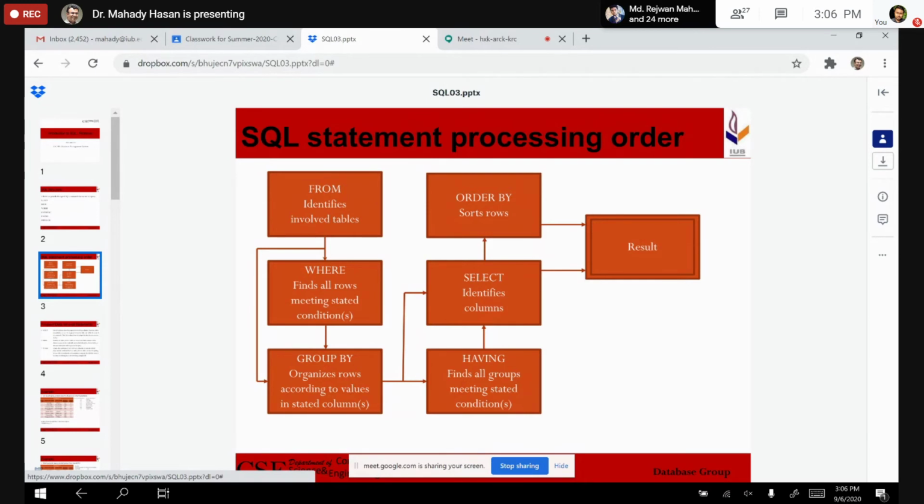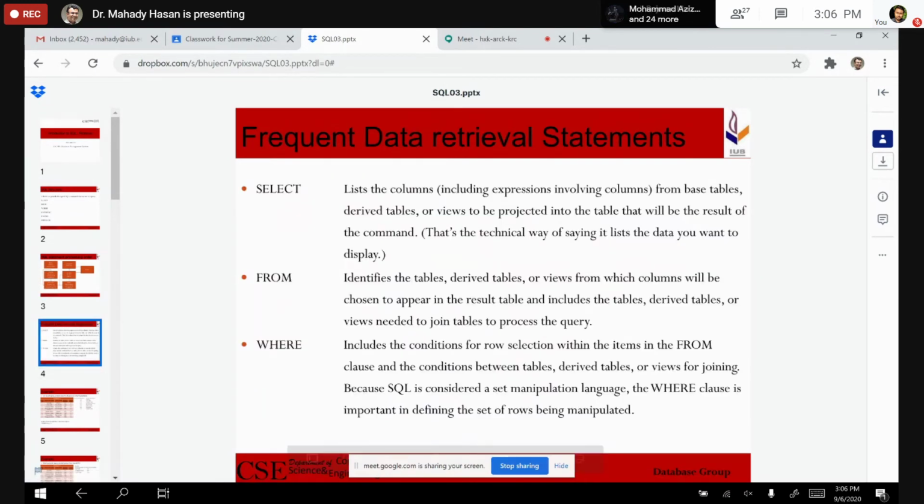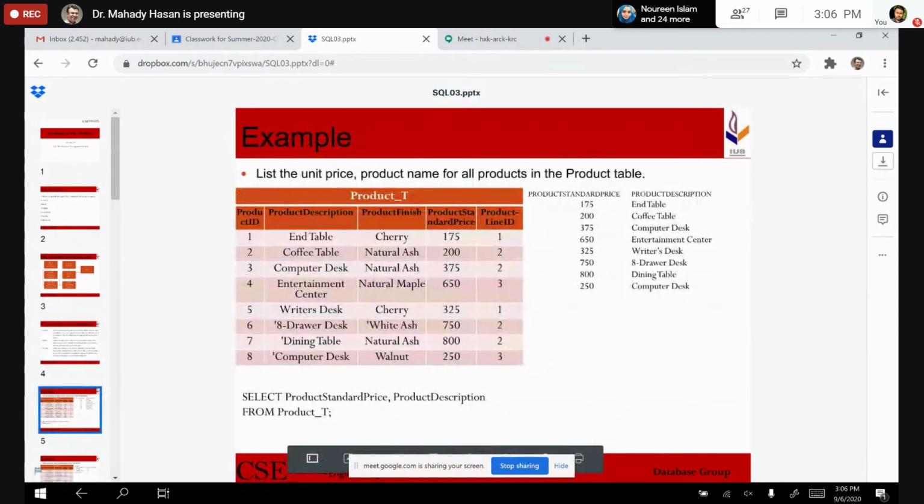Make sense? Typically these three are very common: select, from, and where. In most cases, you can do maybe 70 to 80% of the work with select, from, and where. That's why we keep these as the more frequent SQL example.